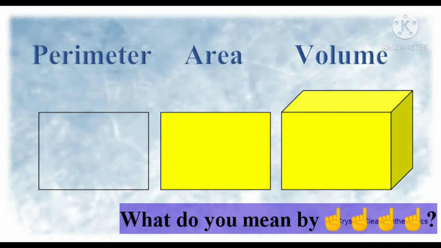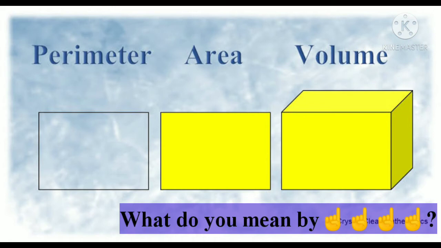Area means what? The surface. We have to see the surface of that thing. That is the area. And volume is when we have to see each and every corner of a block. A cuboid is shown to you. So what do you have to measure? All over the block, we have to see the type of that thing, its volume, and its weight. So these three are the difference.